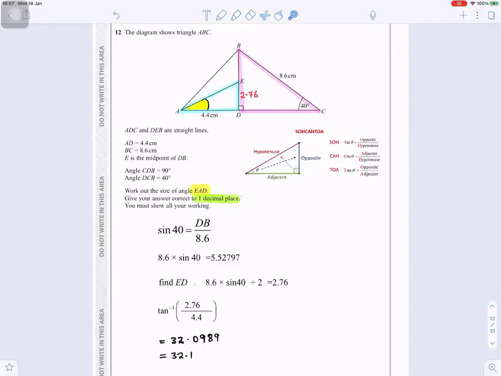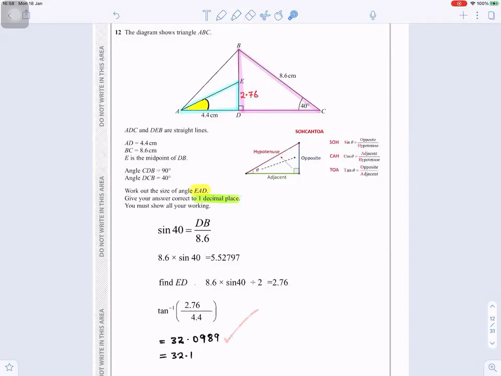We look at this triangle, which is in turquoise color, the small triangle. Tangent is opposite over adjacent, so we're using this one. So the opposite is 2.76, adjacent is 4.4. And to get the angle, inverse tangent of 2.76 over 4.4, it gives you